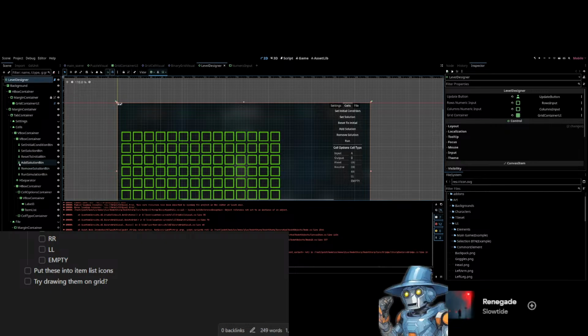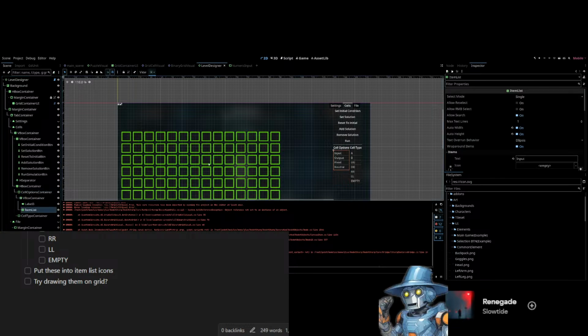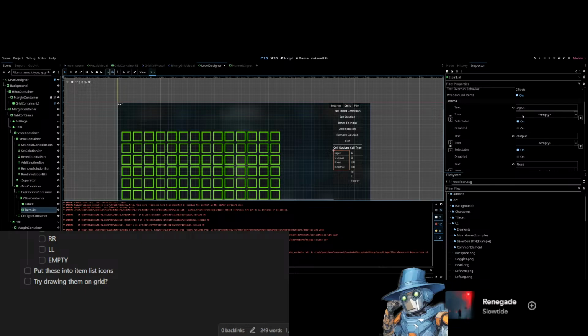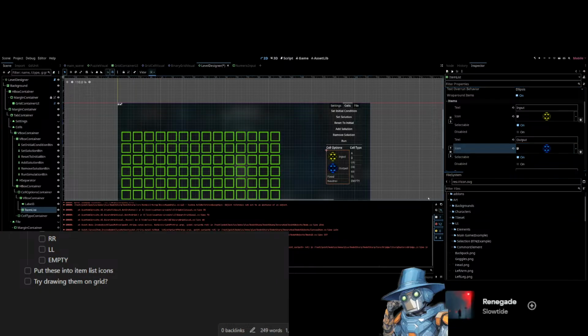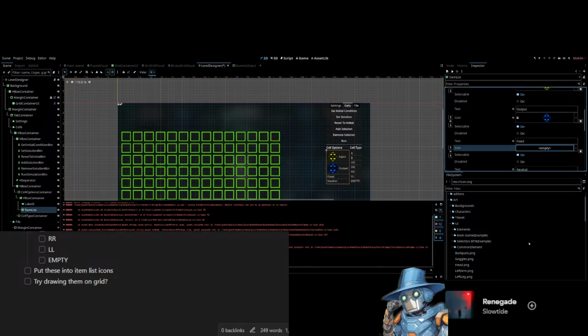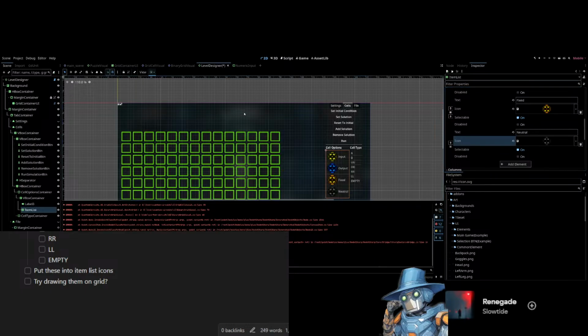And if we go to the cells options, item list, input, quick load, input,